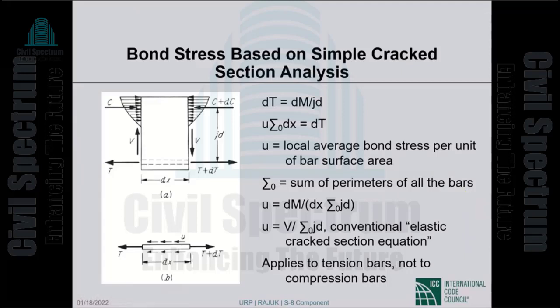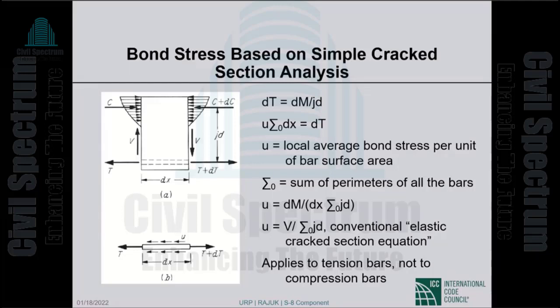So dx is the length, and sigma sub 0 is the total perimeter. So sigma sub 0 times dx is the total area over which the bond stress acts. If we multiply sigma sub 0 dx by u, we find the total bond force that has to equal the